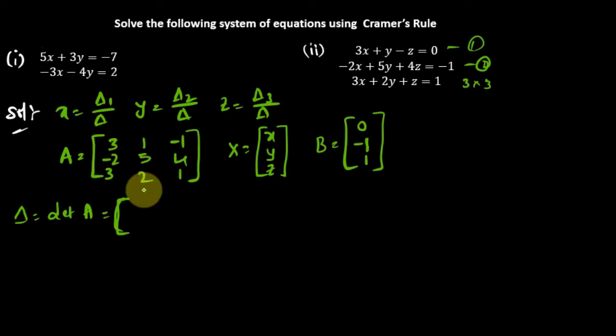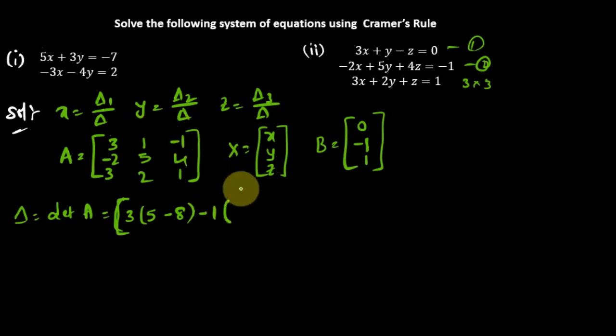So first 3 into, I should close the corresponding row and corresponding column. The remaining matrix, here you observe, is a 2 cross 2 matrix. For this you should find the determinant. That means 5 into 1 is 5, minus 2 fours is 8. Next, the second element, that is minus 1 will come, right? The first one I should keep positive, the second one negative, again the third one positive.